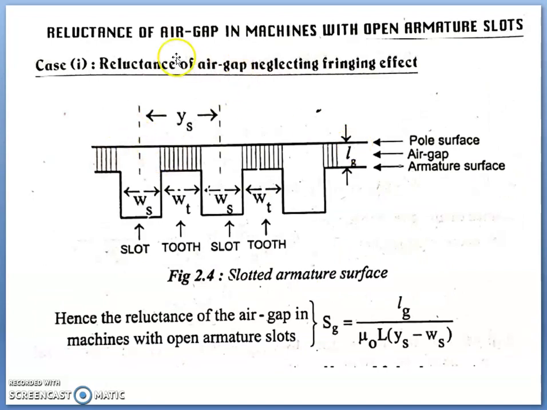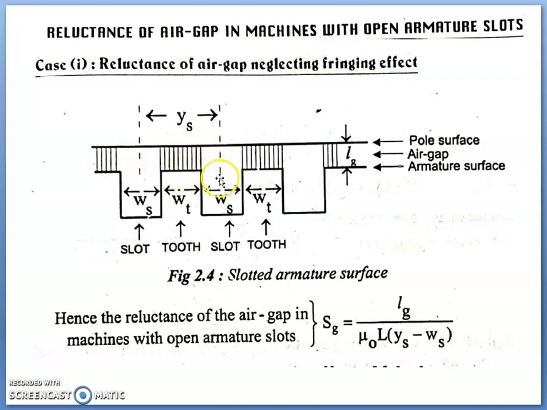But in many machines, the armature is not going to be smooth because the slot may not be closed; the slot is an open slot. Actually, closed slot construction is very difficult, but it will be very compact and so on. Here it is very easy to cut the slot in the armature. So here this is the tooth and this is the slot. Now air gap flux will be available only in this area, because the slot is air.